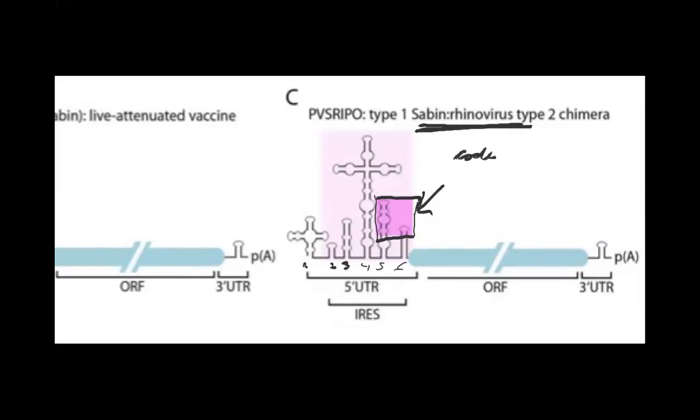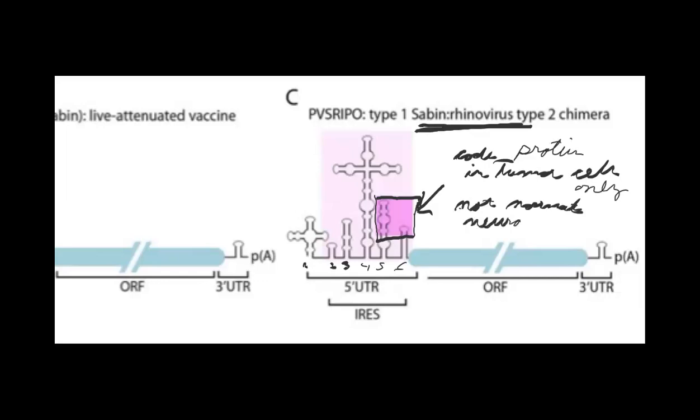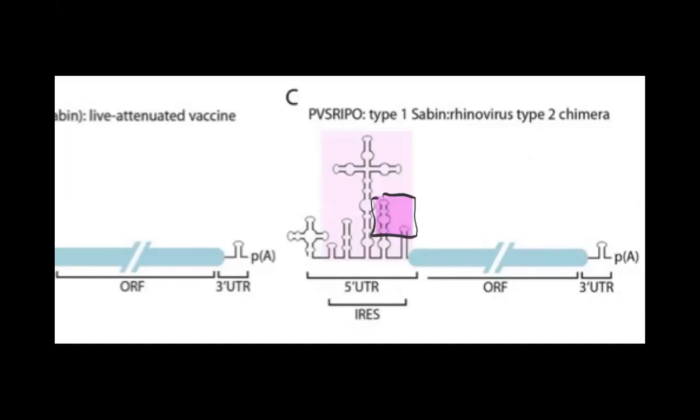It'll code for protein of the virus in tumor cells only, not normal neurons. It's only in the tumor cell. Now, why is that? Well, it is because